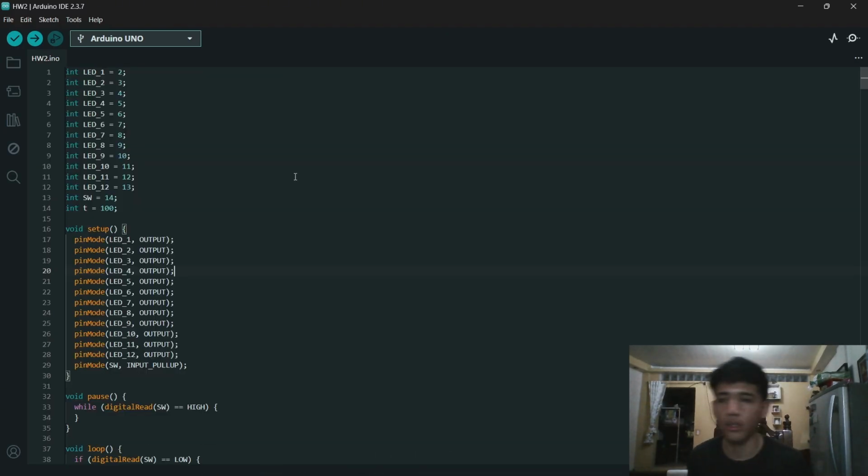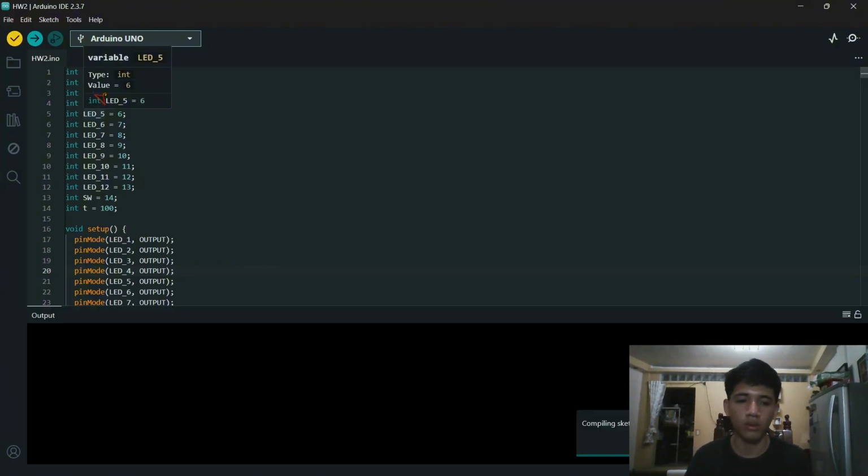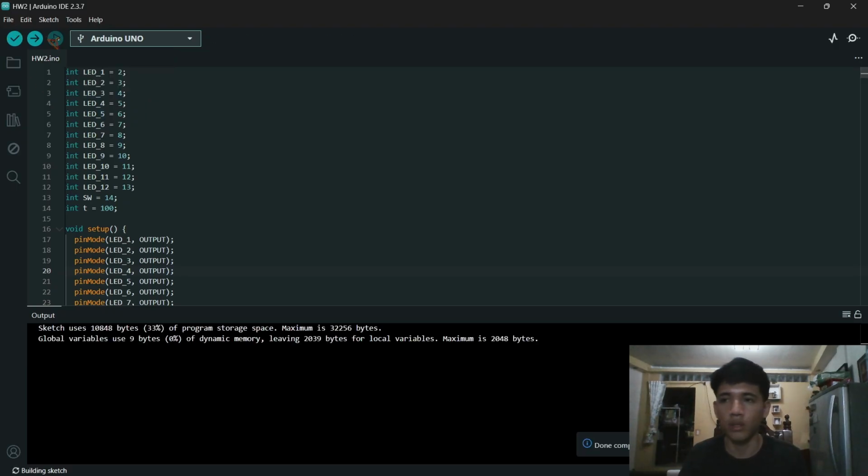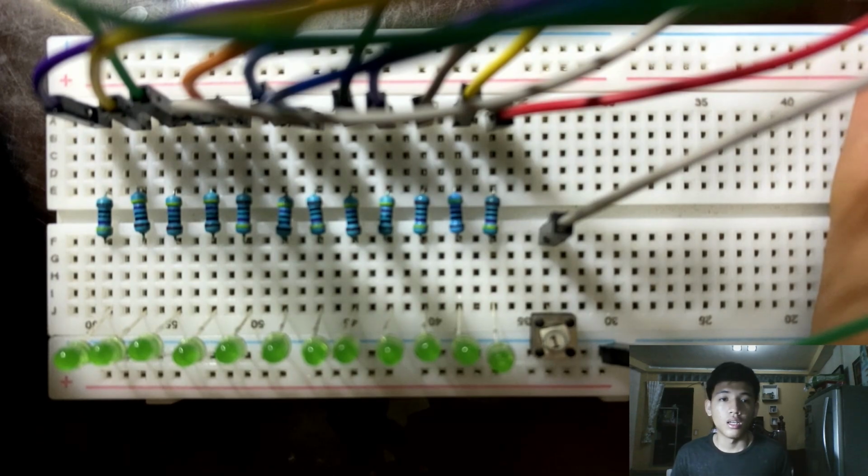The code is already prepared. Let us now upload this to our Arduino board. Let's verify it first to see if there's an error. Since there's no error, we can now upload it to our Arduino board. After uploading,